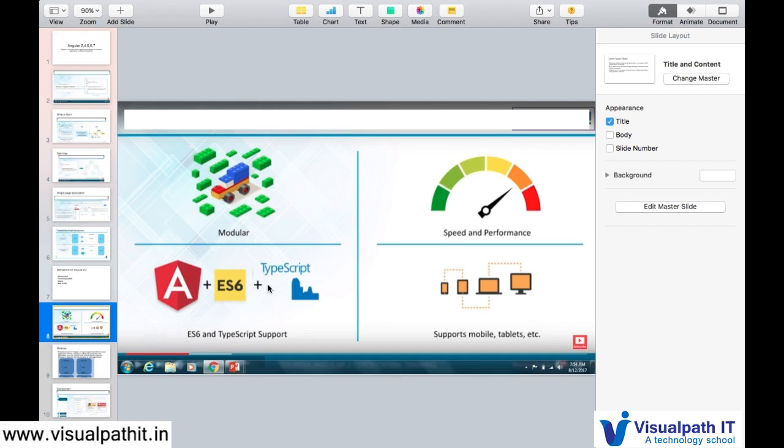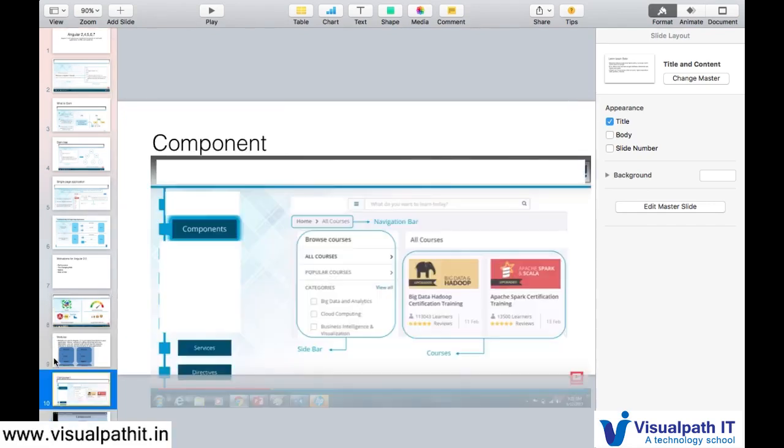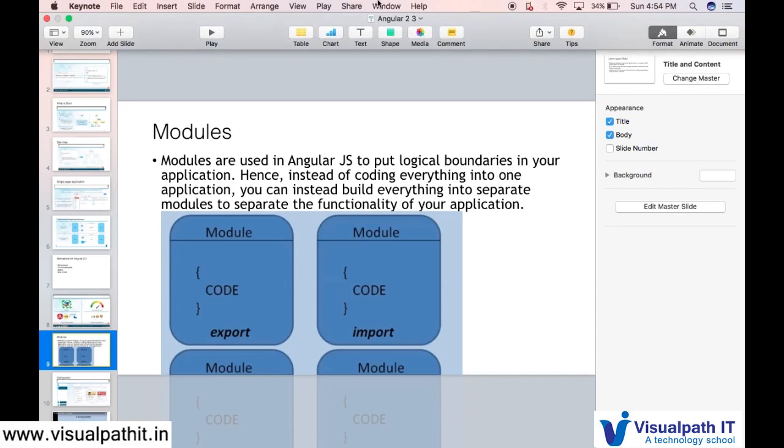Next, Angular is based on ECMAScript 6, because we are using TypeScript on our platform. It provides support for mobile and tablet. I already told you they provided lots of platforms like Ionic, and there are many more which make your web and mobile application life simpler. So that's the introduction. Keep watching our next videos for the